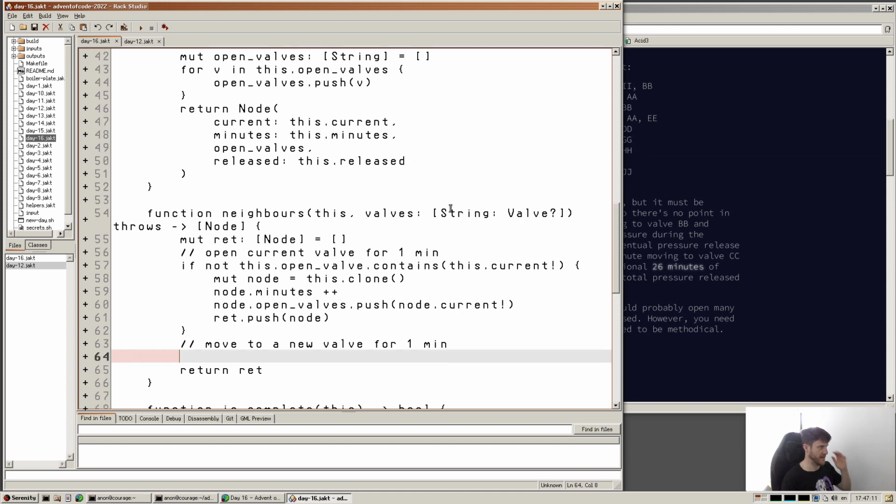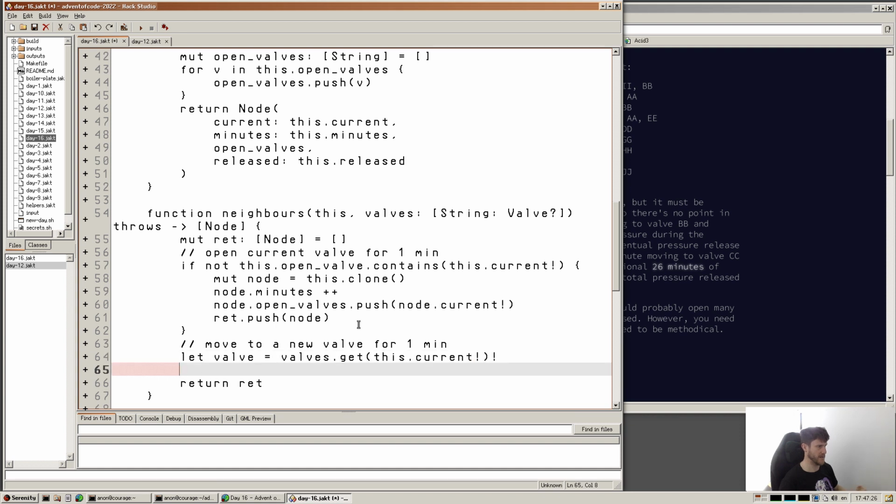Because otherwise we don't know where we are. valves.get this.current! and bang on that. So we now have a valve object, and then for v in valve.neighbors,